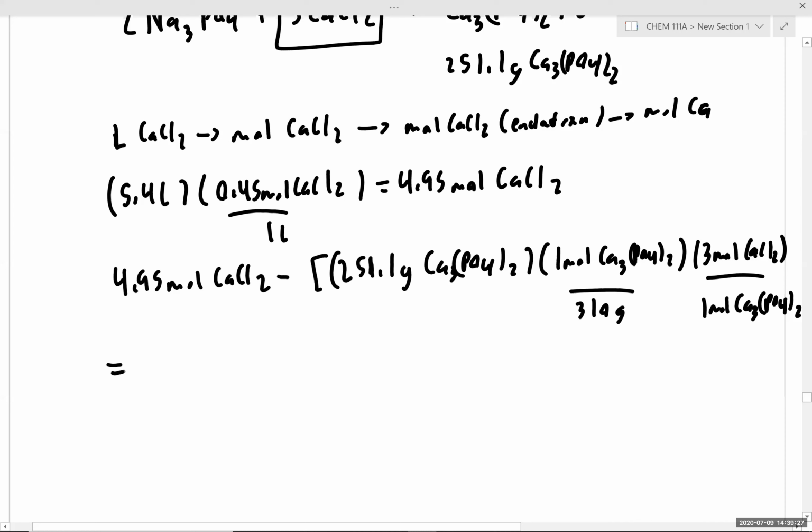So punching this into our calculator, just like we calculated the amount of excess reactant remaining, that's exactly what we're doing here. 251.1 over 310 times 3 minus 4.95. And that gives us 2.52 moles of calcium chloride in excess. We know that there's 1 mole,